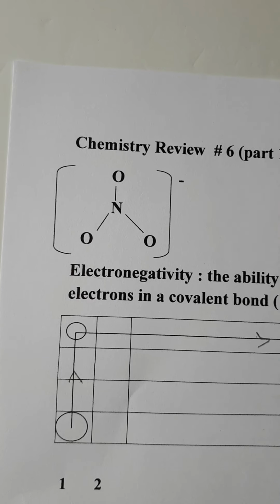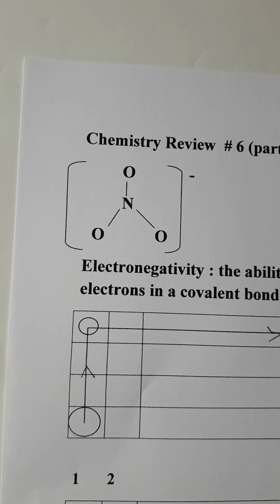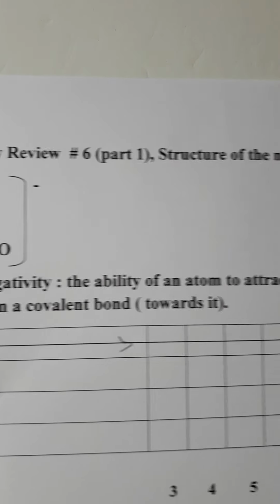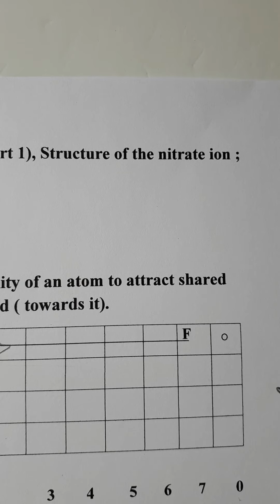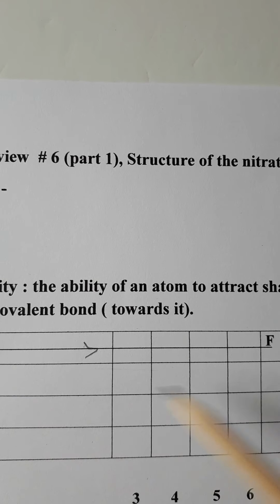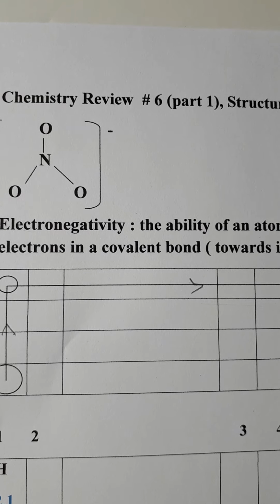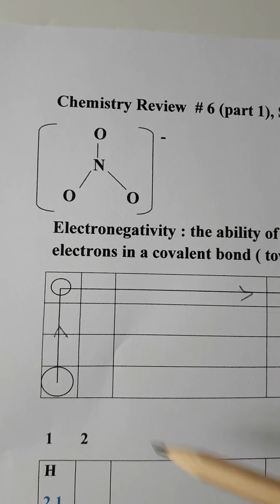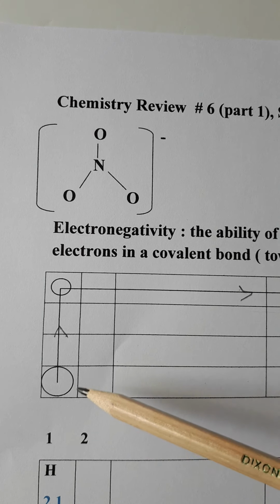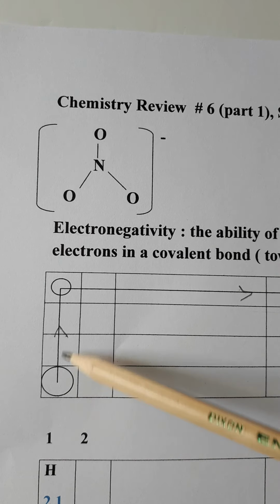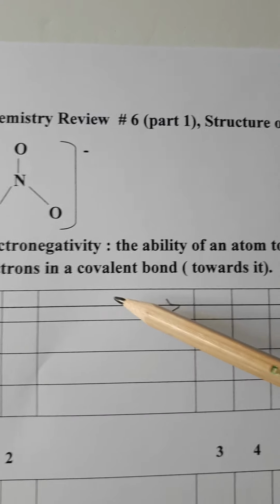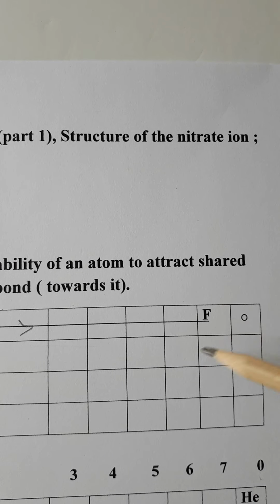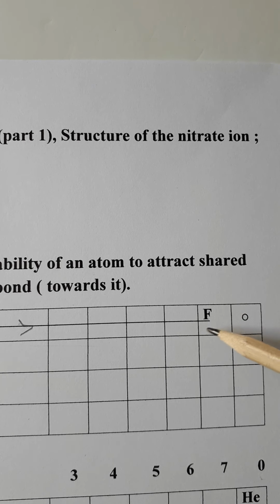So, if you can remember my rough periodic table, you can see how the atomic sizes change when you go from left to right. The atomic size decreases. When you go down the group, atomic size increases. But the electronegativity increases this way. When you go up, it increases. When you go to the right, it increases. Therefore, fluorine is the most electronegative atom. If you go to the left or if you go down, electronegativity decreases.